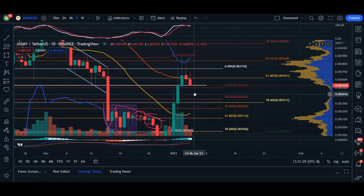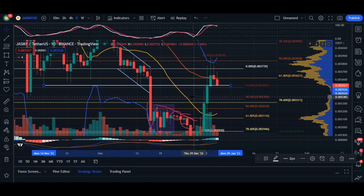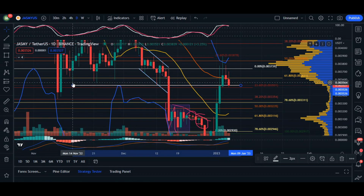However, we did see almost a hold here on our support of 0.003526. Again, a few of our candlesticks here dating back on November 14th was able to hold on to this area of support, and we are going to be retesting it here, especially around our 28% of our fib at